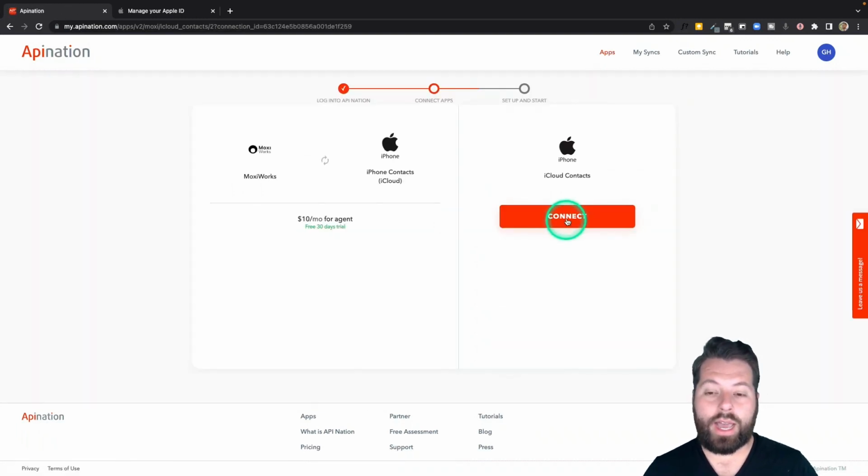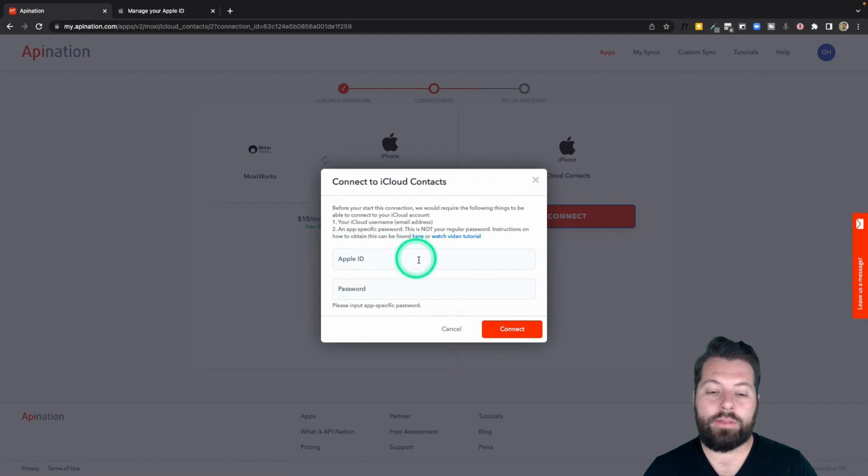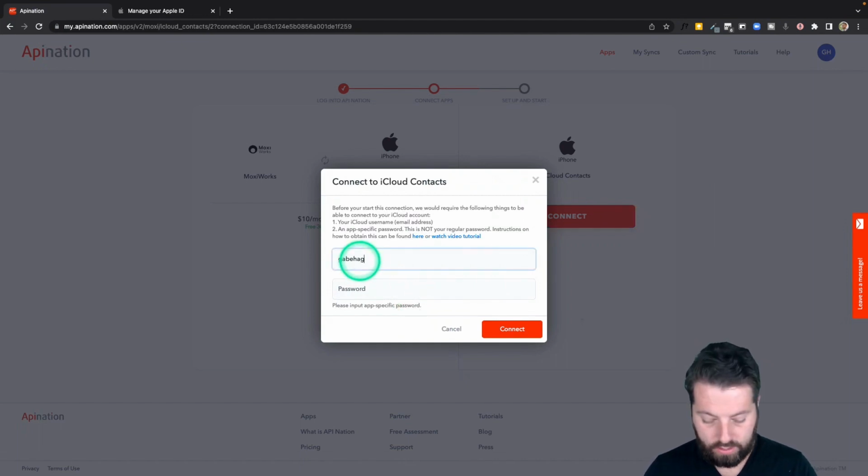Next, I'm going to connect iCloud, so I'll hit connect. And it's asking me for a few things, my Apple ID and my password. But it's not my Apple ID password. It's actually asking for an app-specific password, which is a little bit different. So first I'm going to put in my Apple ID. And then you can read more about the app-specific password here, but I'm going to show you where to find that. You're going to go to